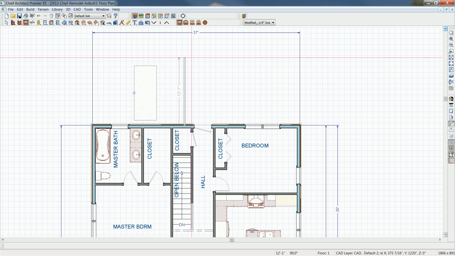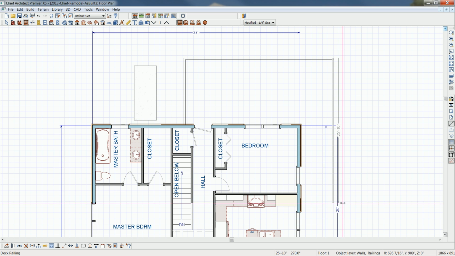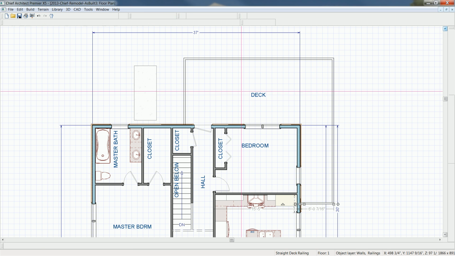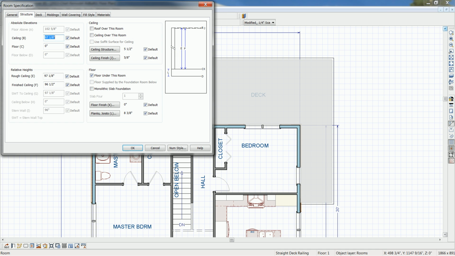We'll go out about 12 feet. And we'll come around the side of the house. Again, I'm not too worried about the dimensions at this point. And then we'll lock that into the house, snap it in place. And you'll notice once that takes place that the room already becomes a deck because I was using the deck railing. If I highlight this section of the deck and I double click on it, I have a deck tab